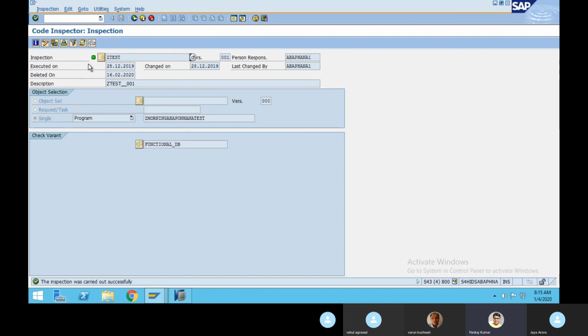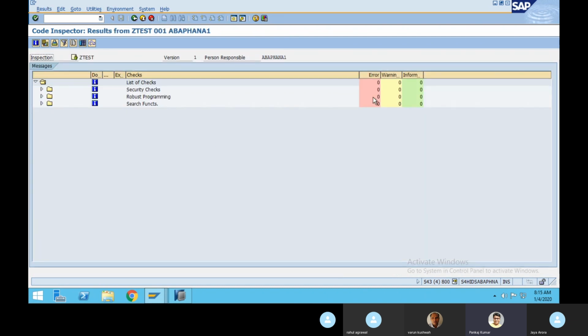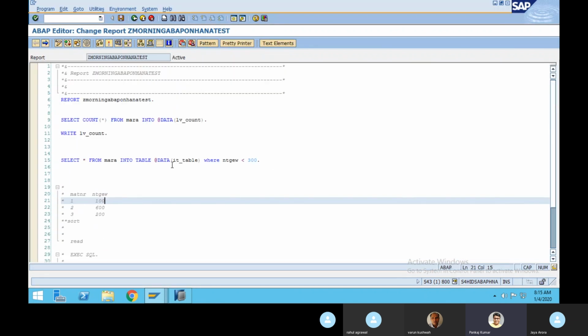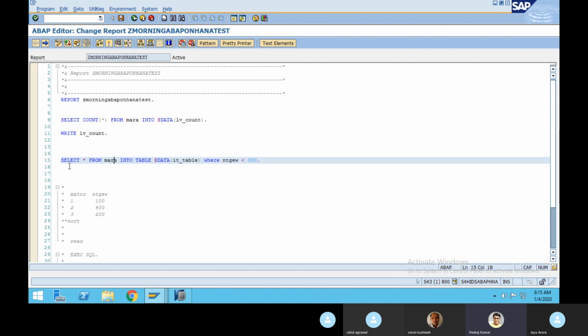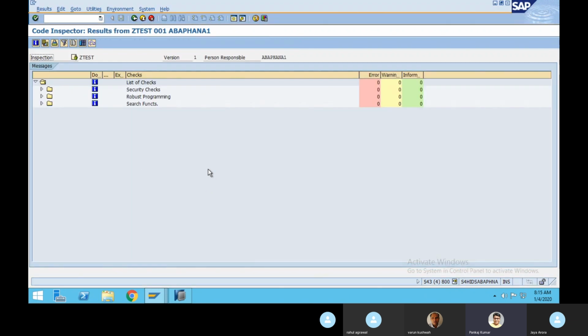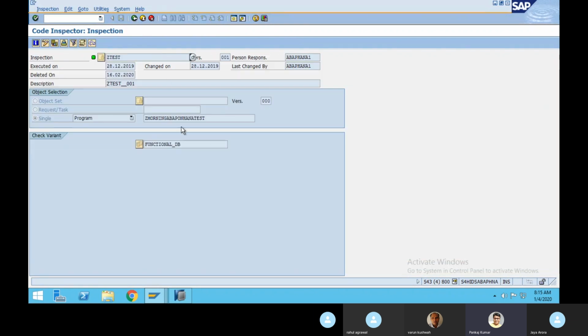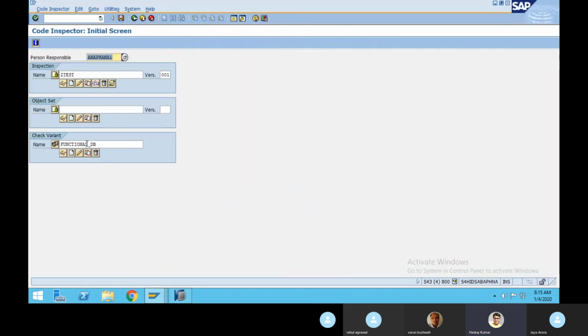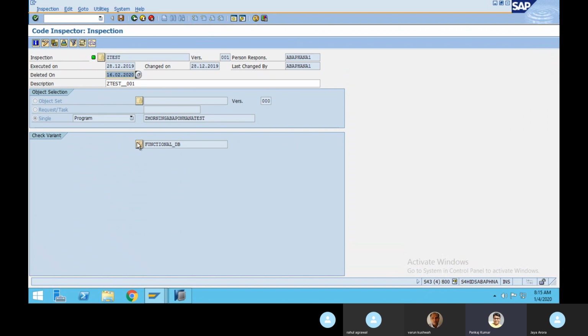Once it is executed, you can see the green button, and here one log will come. Result: there is no problem in our program currently. Otherwise the problem would come over here, at 1, 2, 3, something like that, an error. Since there is nothing in this program... if you take any program where, for example, you write a select inside the loop, then from a performance point of view, a select inside the loop is not recommended, right? So if you want to check for performance, you have to use the variant over here. Let's click on this change button, and go into change mode.